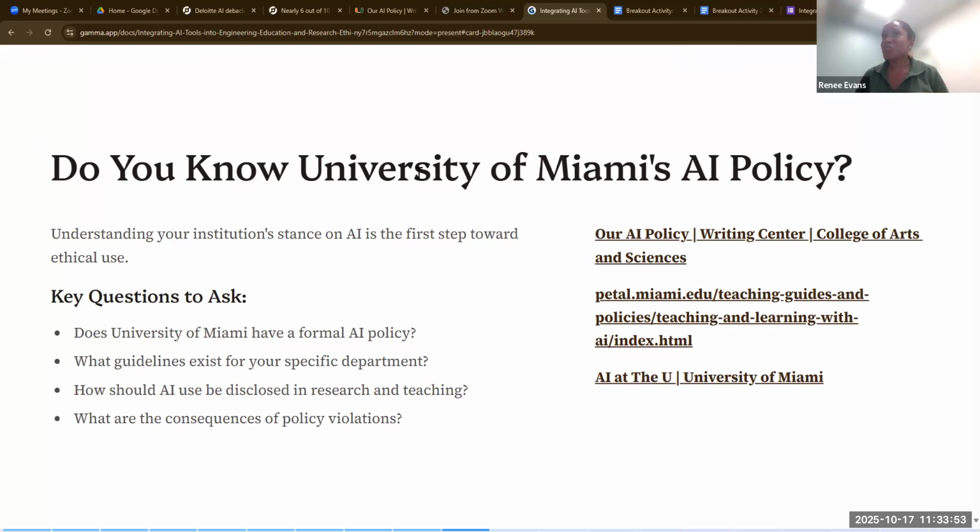So do you know University of Miami's AI policy? That's the first step towards ethical use, right? Does University of Miami have a formal AI policy? What guidelines exist for your specific department, if any? How should AI be disclosed in my research and my teaching? And what are some of the consequences of policy violations?